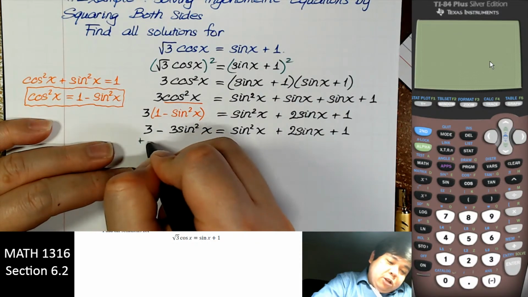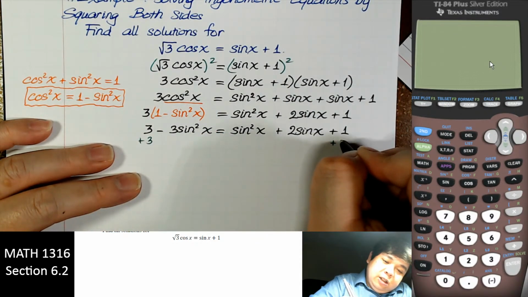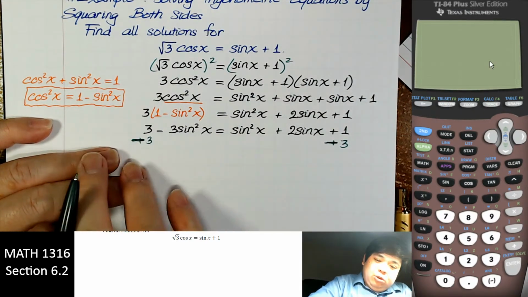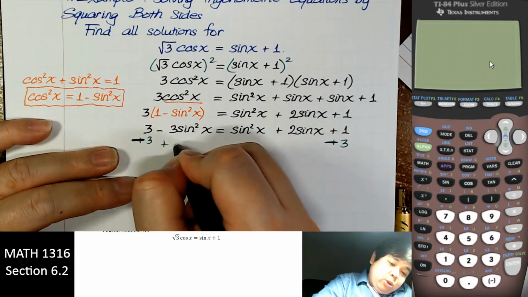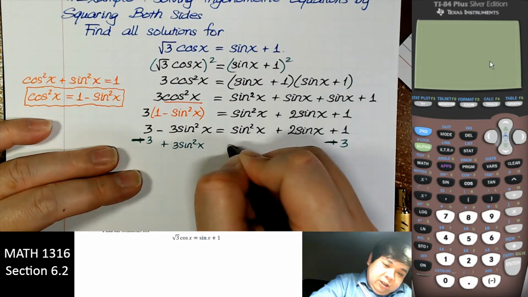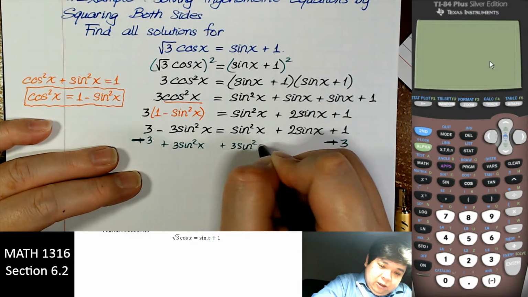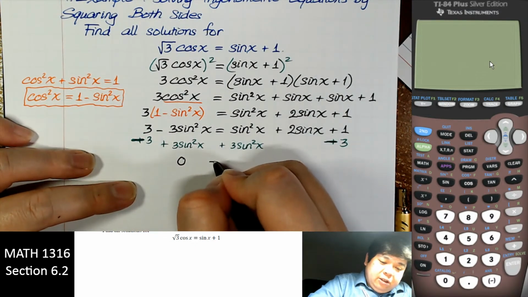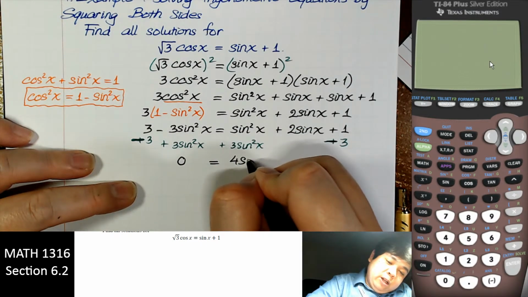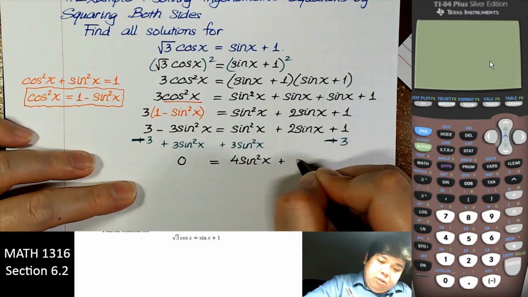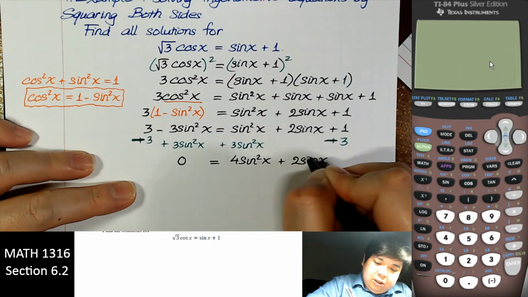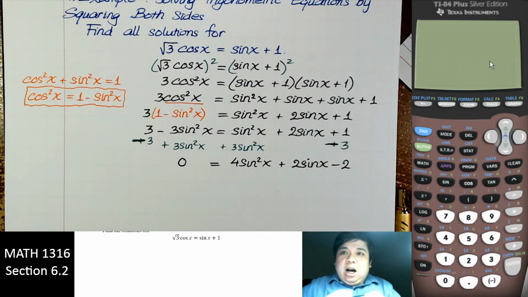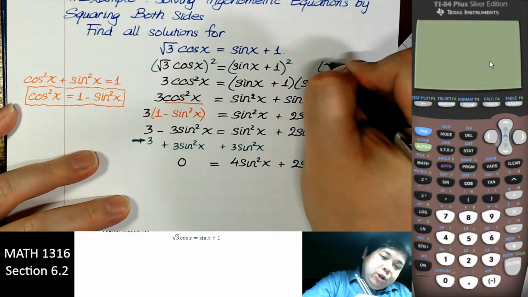What I can do is subtract 3 on both sides to move everything to this side, and then add 3 sine square, so this side is going to be 0, and we have 4 sine square plus 2 sine x minus 2. Just one thing to note, that when we square both sides, we need to check the answer,